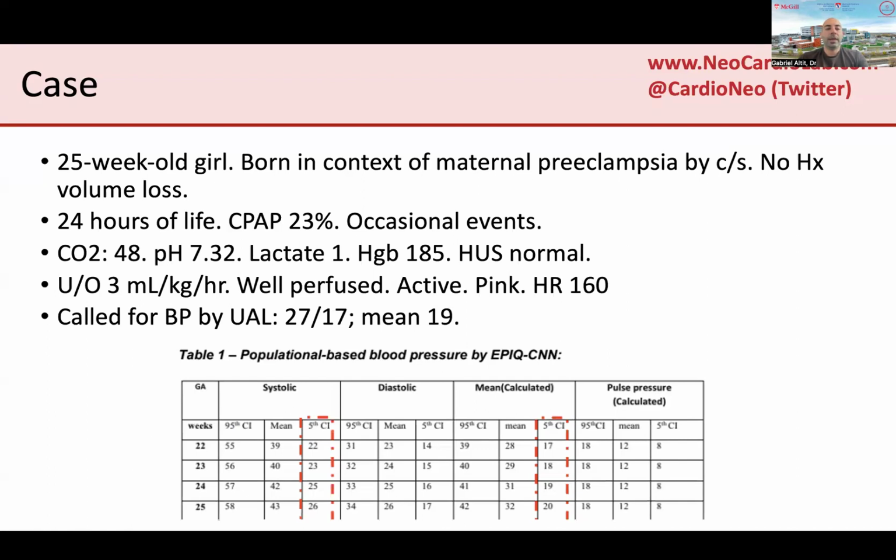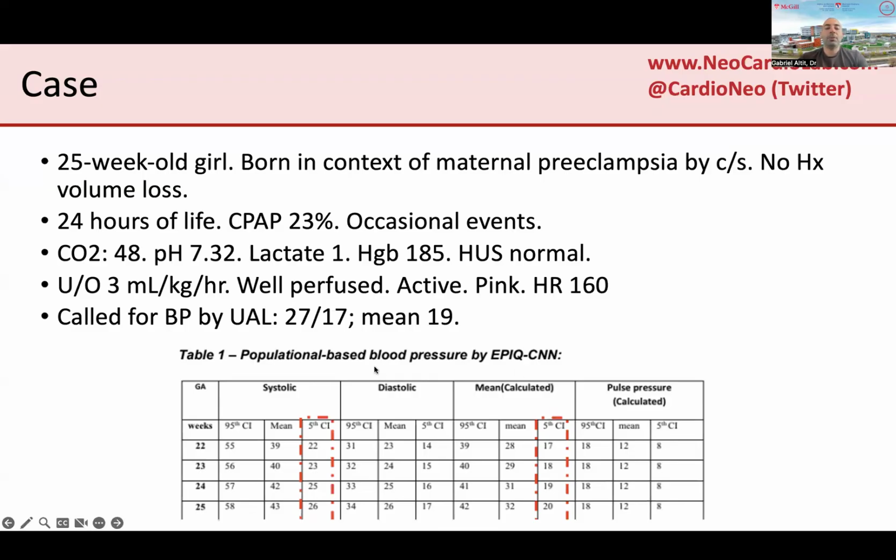The urine output is appropriate. The baby's well perfused on exam, active in pig, with a heart rate appropriate for age. But you're called at bedside because the blood pressure read on the umbilical arterial line has been dropping, and you have now 27 on 17 with a mean of 19. And so